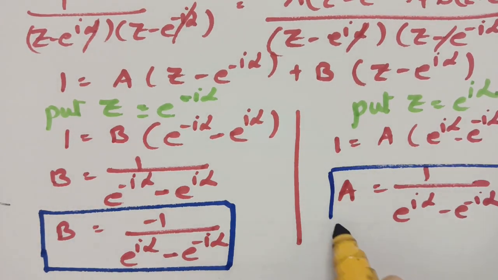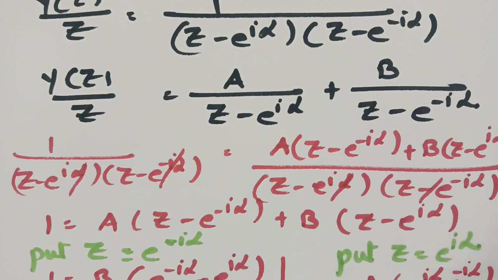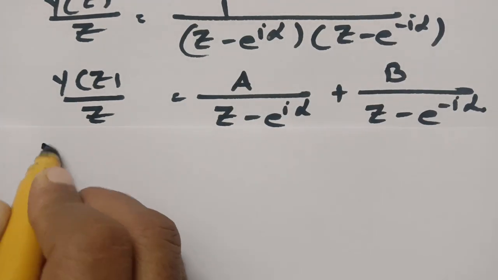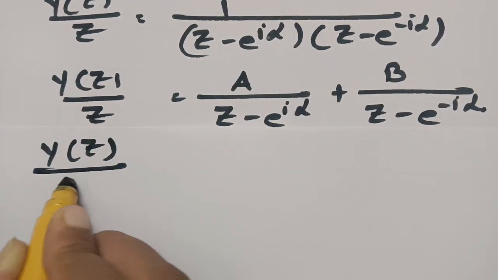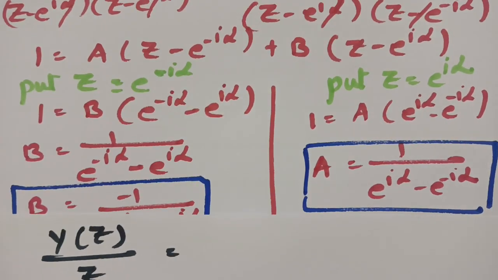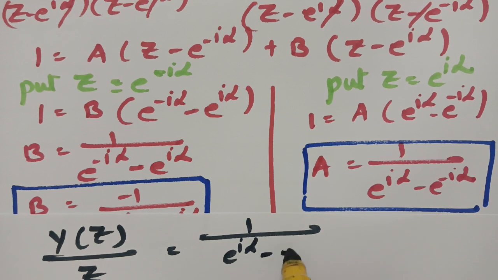Now we have to substitute in this equation. So here is a and here is b. See here, it's very clear that y of z by z is equal to, what is our a value? So a value is already here as 1 by e power i alpha minus e power minus i alpha divided by